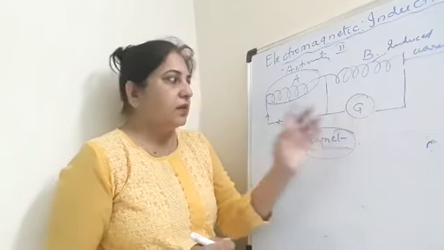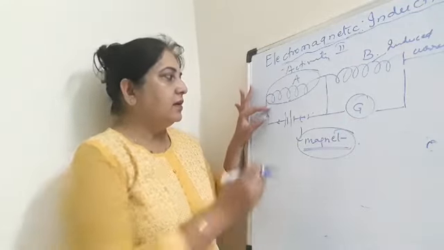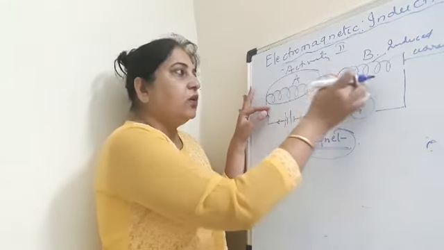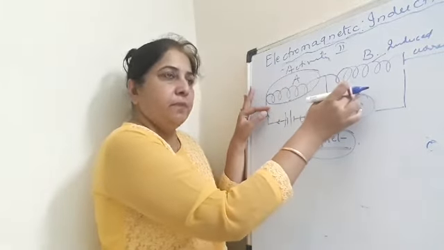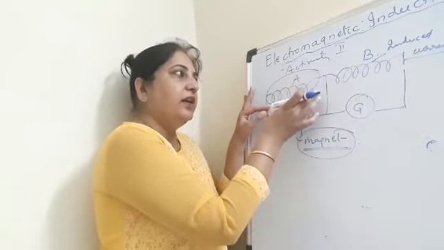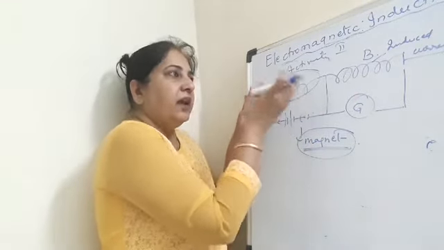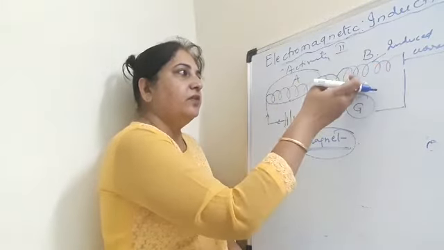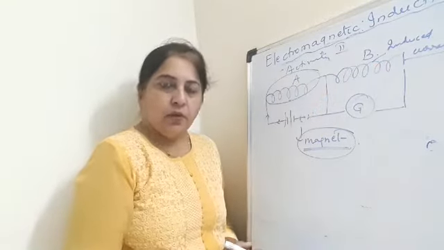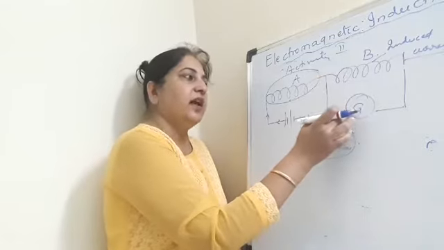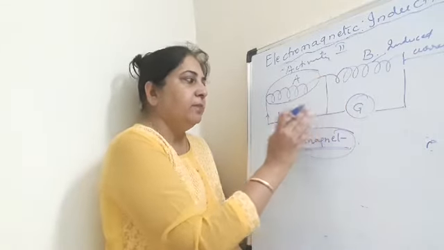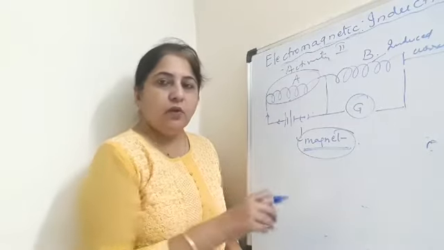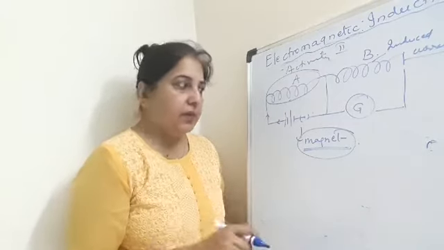Why? Because this conductor, which is now behaving like a magnet, and this coil which is placed next to it, that means it is placed in the magnetic field, will develop a potential difference across the two ends of the coil, and therefore the current will be induced in coil B. We will see the deflection of the galvanometer either left or right depending on the direction of the current. Galvanometer also shows the direction of the current, remember that.